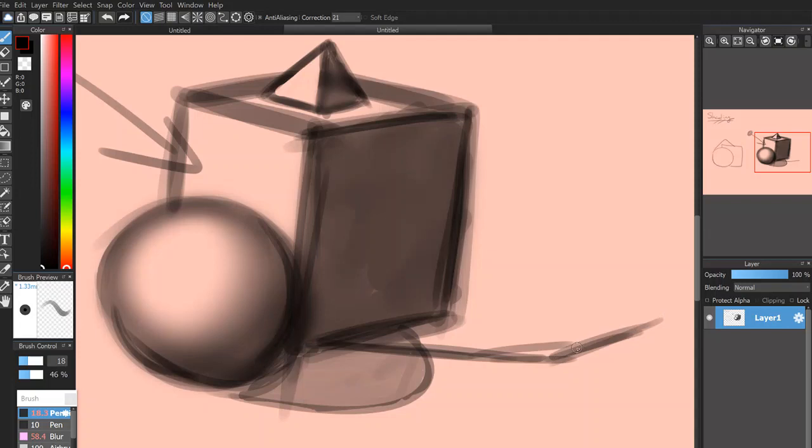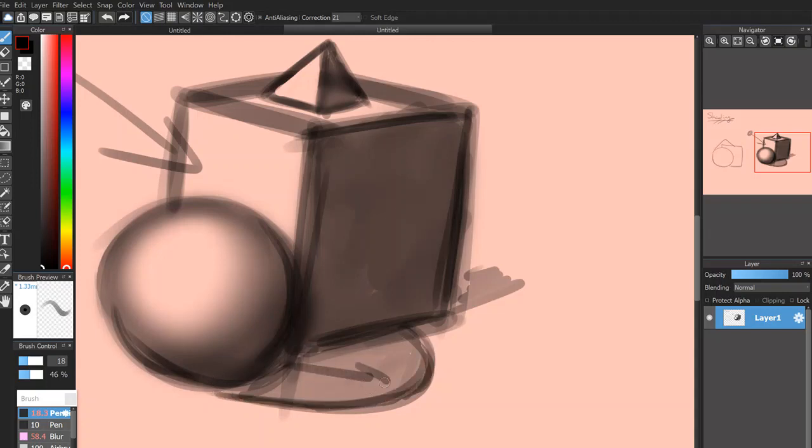You don't want, for this cube, you don't want the shadow to be coming off over here, because that's not where the light source is coming from. As you can see with the sphere, we already have the shadow moving in that direction. And so you want all of the shadow of the cube to be moving in that direction as well. And so we'll just draw out some lines from it,